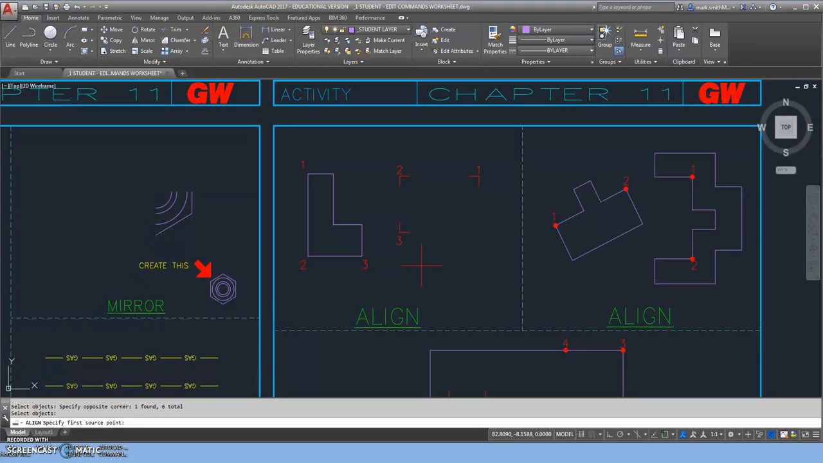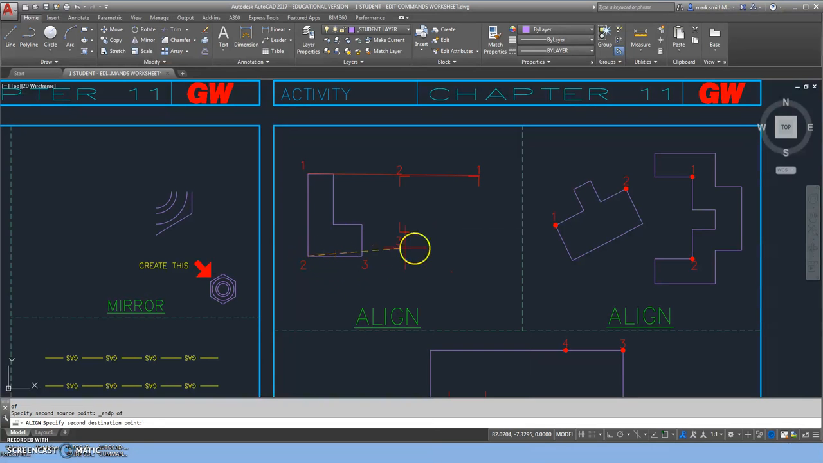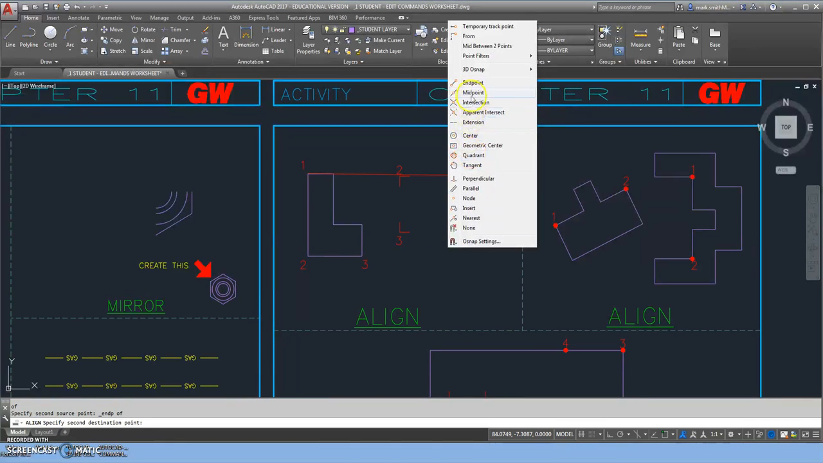And then it's going to ask me my first source point. Let's type in END for endpoint and click. Is it going to let me do it that way? Yep. Click right there, and then I'll go END for the second one. Click right there. Right, now it's asking for my second, and instead of typing END, we can go shift right click and we can go to endpoint, and then we'll go shift right click and go to endpoint,